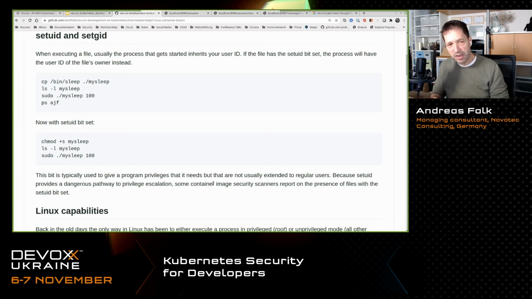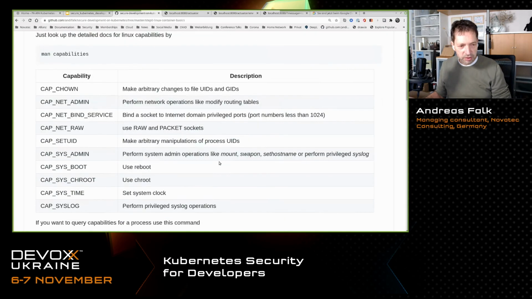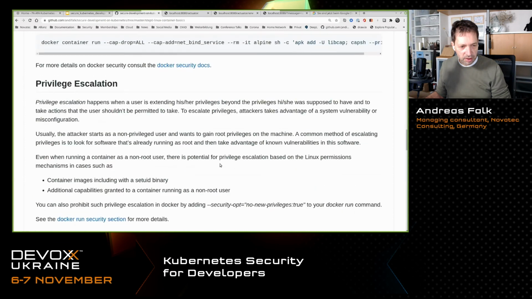They just look for binaries that have that setuid flag set, which could be run as root user, and they then try to misuse that binary to gain access as a root user, especially gain access to the host as a root user, to then break out of the container. By using that binary with the setuid flag set to jump to the host, they have root access to the host as well. That's why some container image security scanners also report on the presence of files with that setuid bit set, for example. What I now want to tell you about is Linux namespaces.